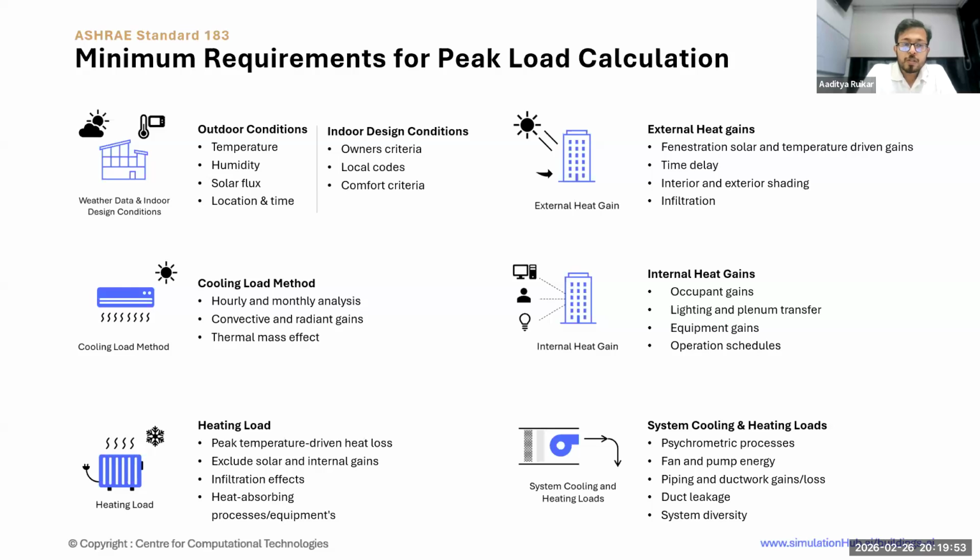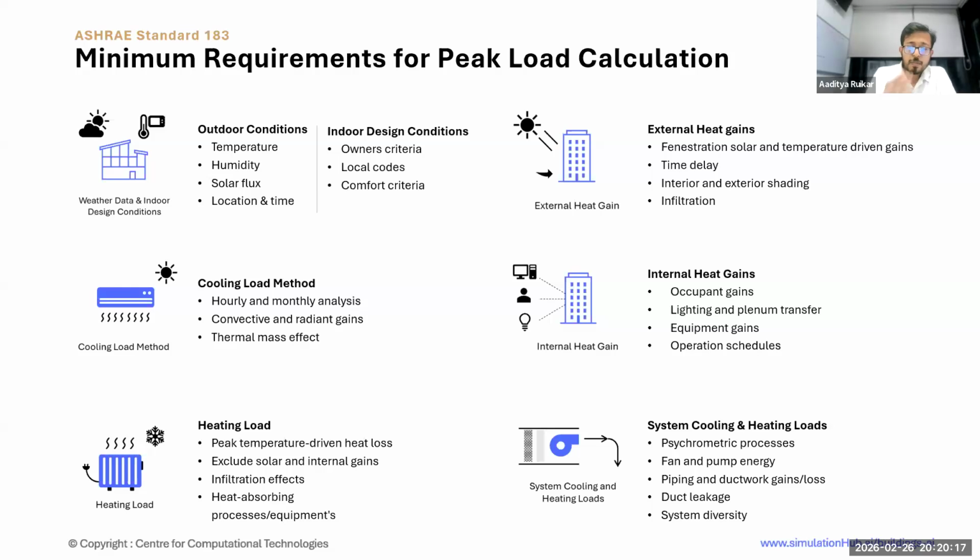Then for the cooling loads, how do you calculate them? Hourly and monthly analysis should be done, because earlier people calculated based on design dates, only two days or a few days based on the designer's intent.